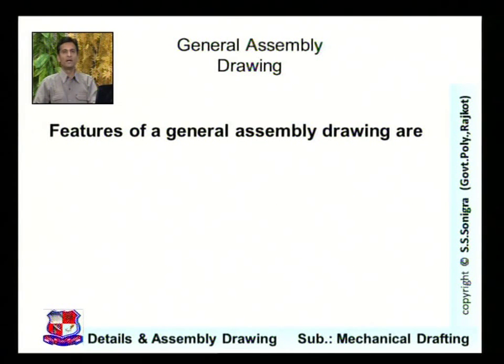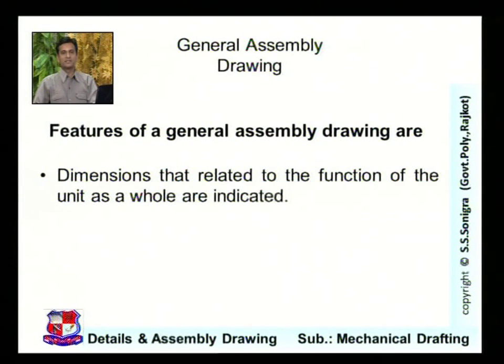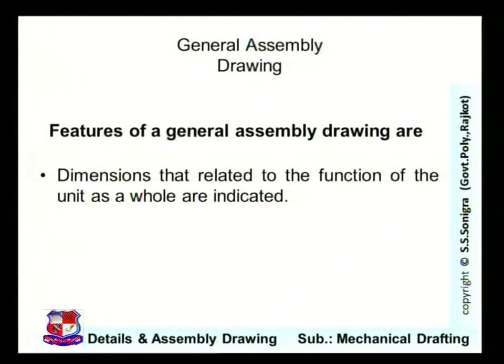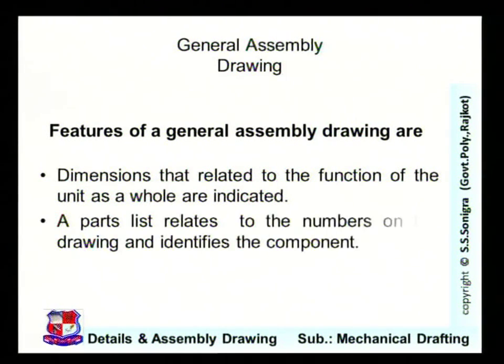And individual names are not written on every part. Dimensions that relate to the function of the unit as a whole are indicated. This is not compulsory. In some cases, the dimensions as a whole may be indicated to show the function of the unit. A parts list related to the numbers on the drawing